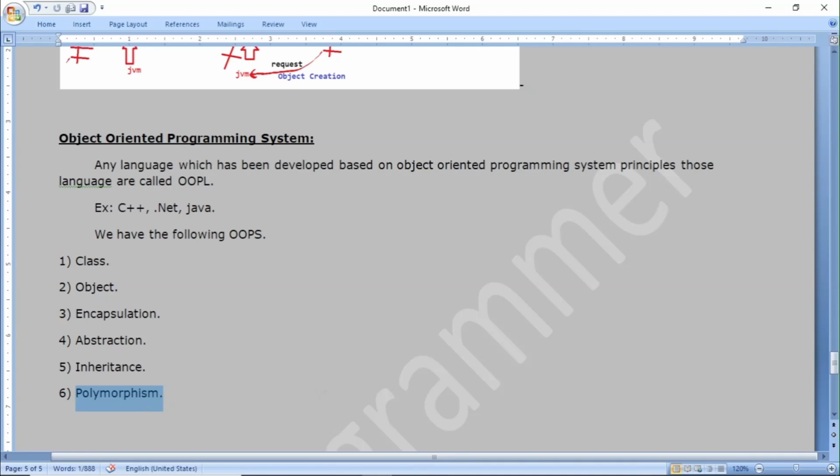Static polymorphism is method overloading, and dynamic polymorphism is method overriding. Abstraction is providing necessary data and hiding unnecessary data. Encapsulation is binding variables and methods in a single unit.